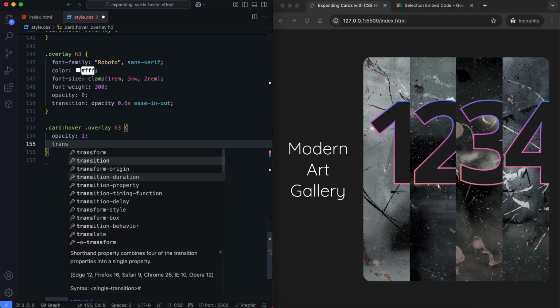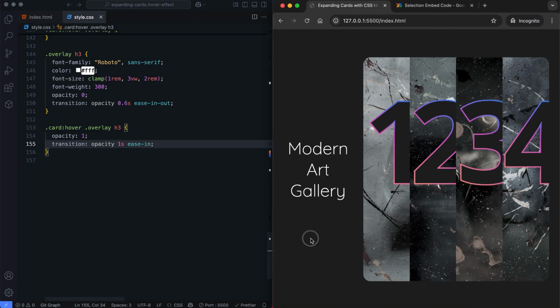The text inside the overlay starts invisible and smoothly fades in when activated.